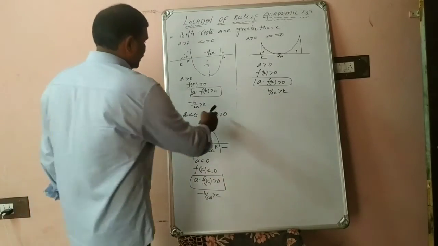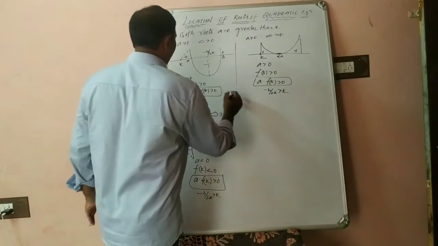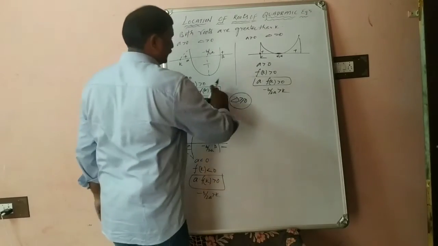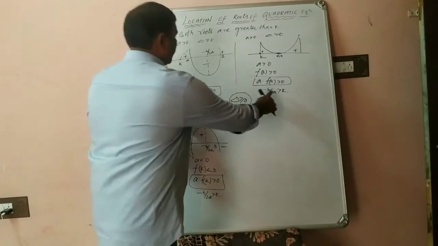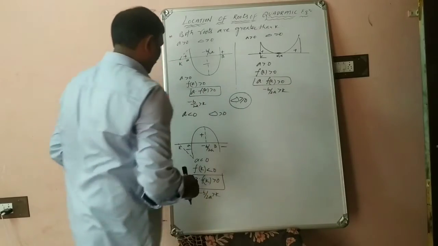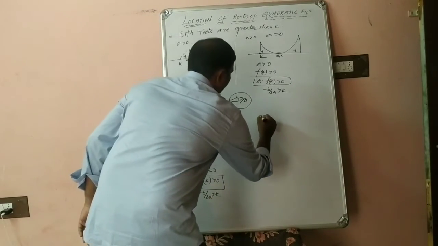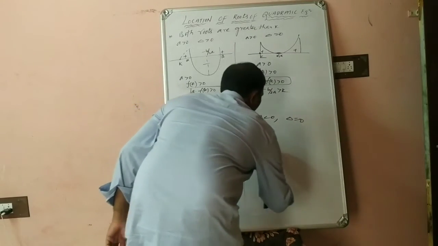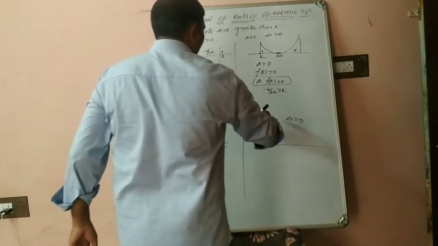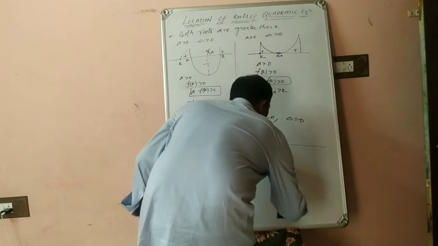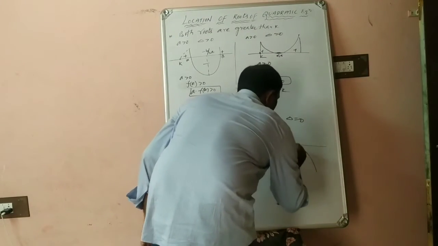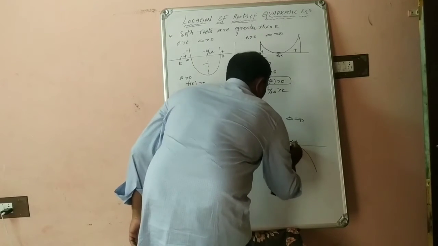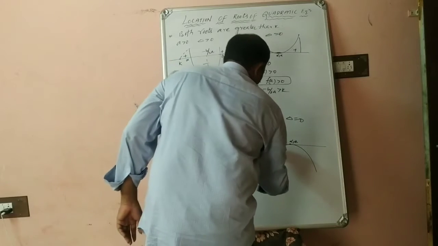In the case of delta greater than 0, here also you can conclude that delta is greater than or equal to 0. In both the cases, delta greater than 0, these both are greater than k. Here also a is less than 0 and delta is equal to 0. In this case you will get a downward parabola. Equal roots, now it will touch the axis at a single point. So both the roots are the same. These two roots are greater than k.